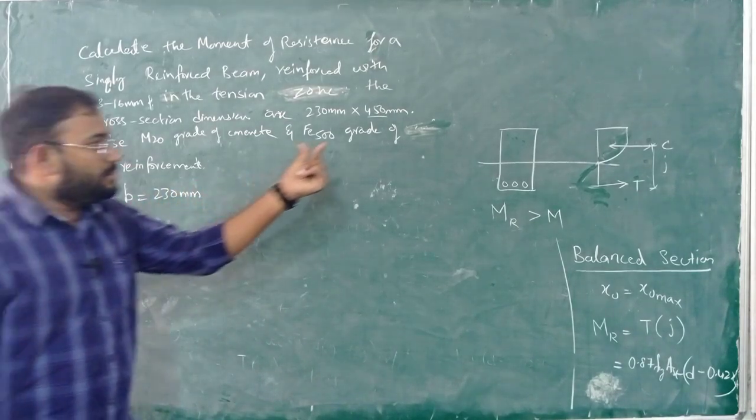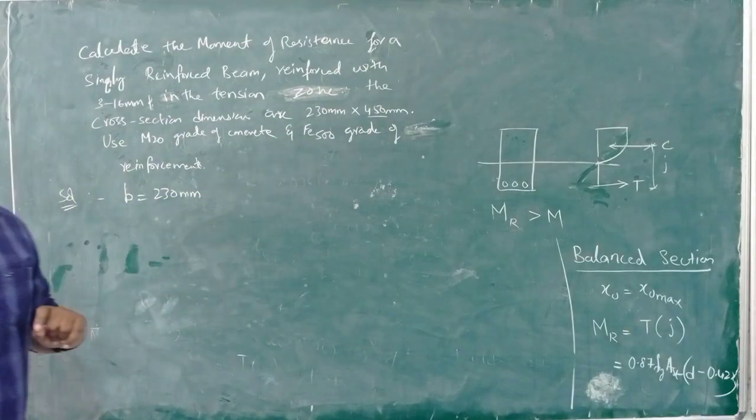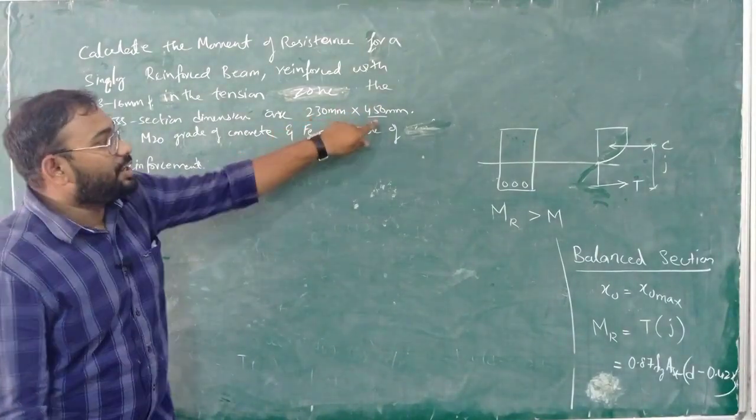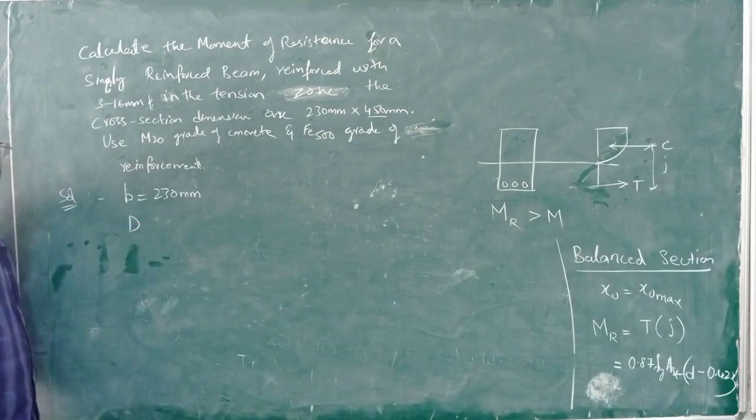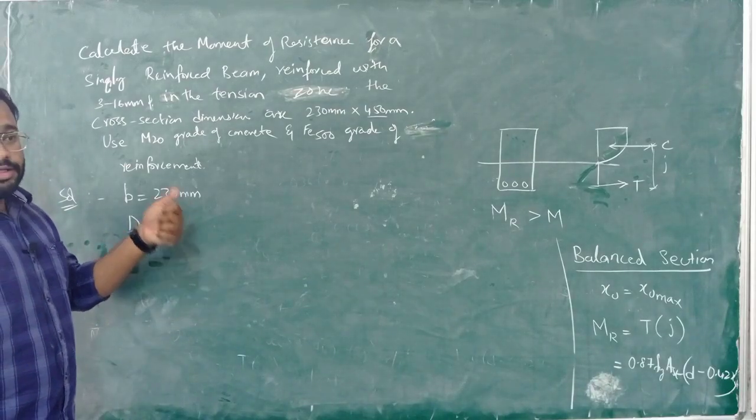Tension zone means what? Below the neutral axis. Reinforcement is provided below the neutral axis. Of course, a singly reinforced beam will have reinforcement only in the tensile zone. So now